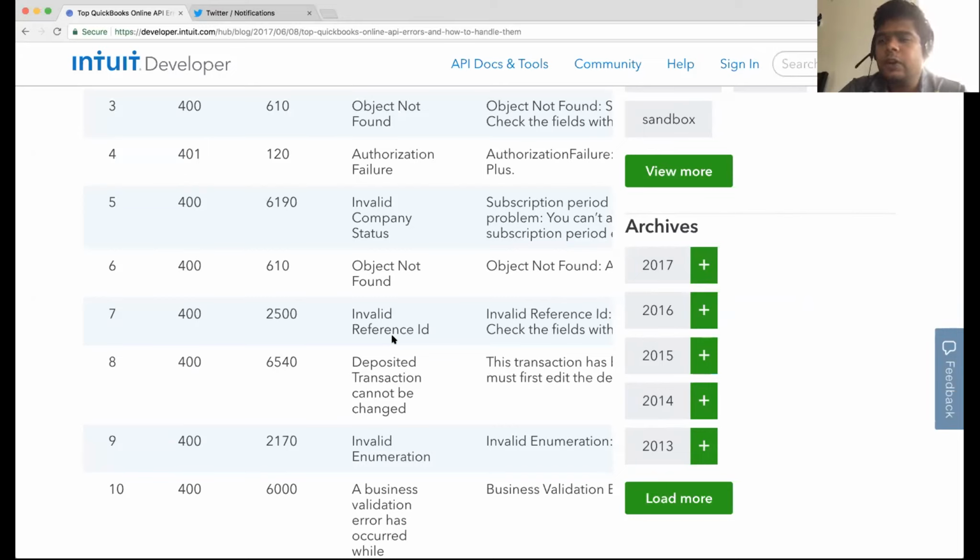Not all apps are getting this, but a significant number of apps are. So I have the same recommendation over here as well: before referencing something in your payload, first you need to make sure that the dependent objects are existing in your QuickBooks Online account. So there are two ways of doing it. One, the same as whatever I mentioned before, that you make a call and see if that object is there, or